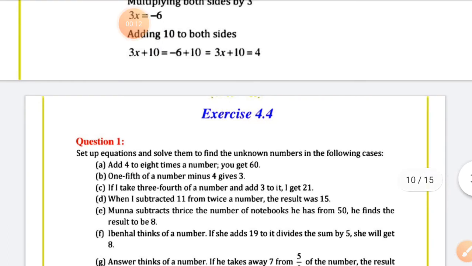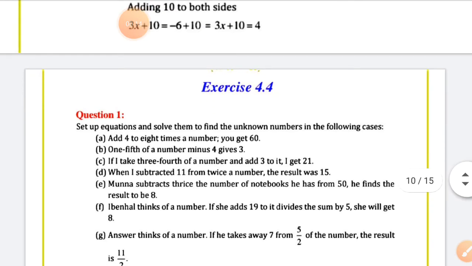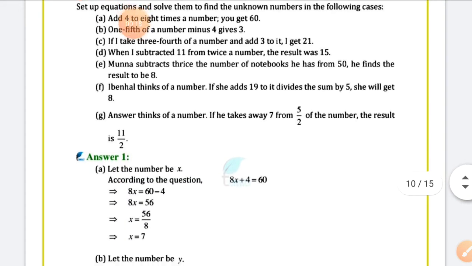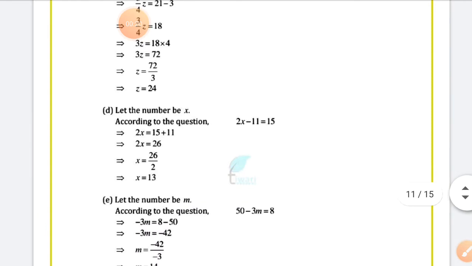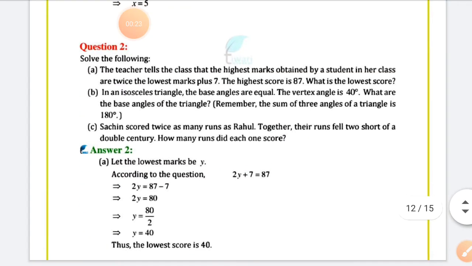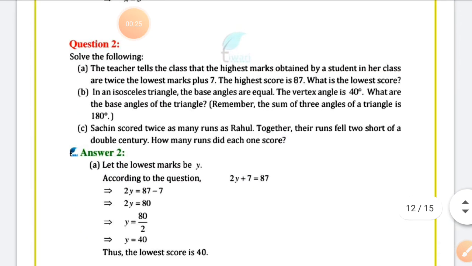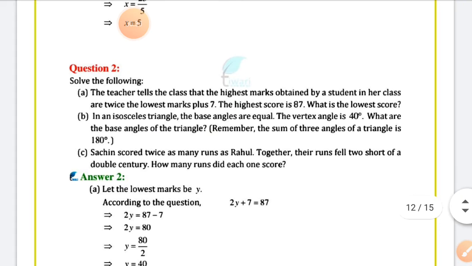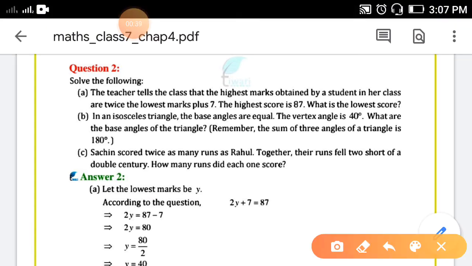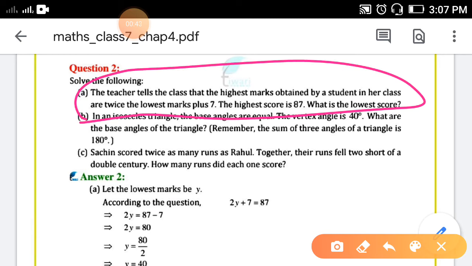Lesson number 4, and in this lesson exercise 4.4 already we have started, and first question is over. So now we are going to start question number 2. Solve the following. Statements are given. From the statements you have to make an equation and you have to solve that given equation. So nothing new is there. How to make equations from these statements, it is already we have learnt